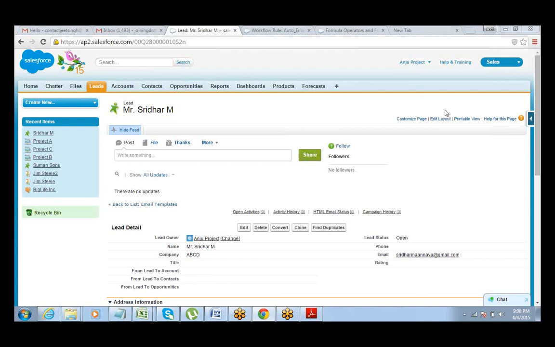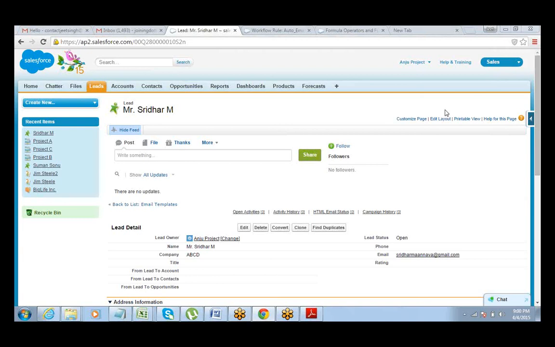Like every time you receive a lead, a welcome email is sent to the lead. Every time there is a case, you just want to send an acknowledgement email to the person who has raised the case, that we have received the case, we are working on it, and we are going to resolve it in the next 24 hours or 48 hours, whatever. Right? If you're not able to resolve it in 48 hours, you should send another acknowledgement. Usually these kinds of communication are not done if it is manual. Sometimes there can be human errors and the mails might not go. But with this workflow, one, it saves a lot of time. Secondly, it makes sure that the communication is being done.